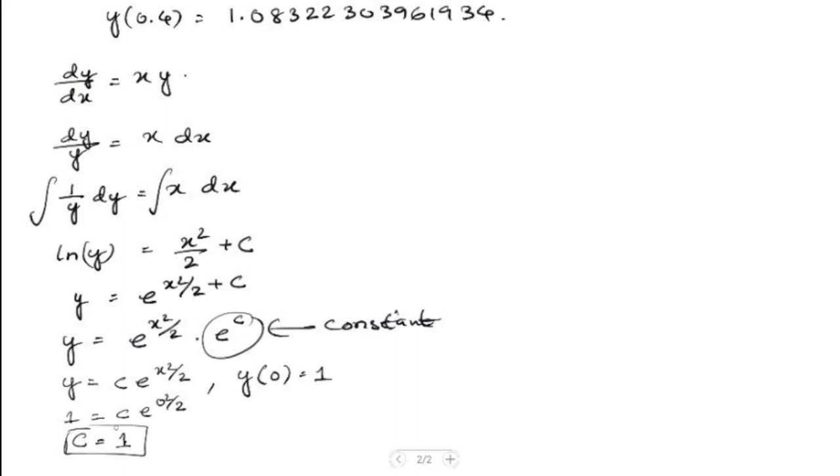Now if we put the value of c into the equation, we get the actual equation, which is y is equal to e to the power x squared divided by 2. Once you get the actual equation, we can find the exact value of y at 0.4. So you'll have e to the power 0.4 squared divided by 2, and that gives you the value